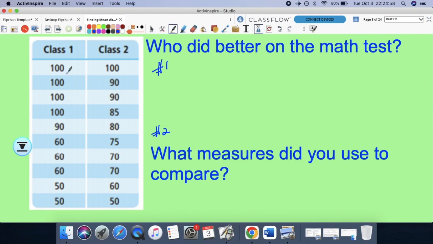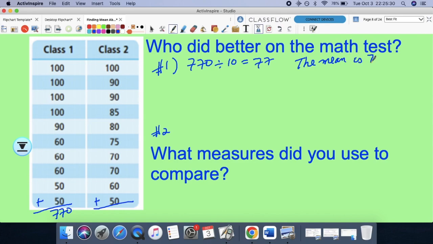So number 1 would be, let me add them up. 100 plus 100 plus 100 plus 100, let me use a calculator, plus 90 plus 60 plus 60 plus 60 plus 50 plus 50. Enter. I get 770. So class 1, 770. If I divide by 10, it's 77. So the mean